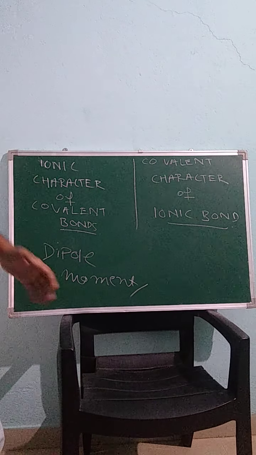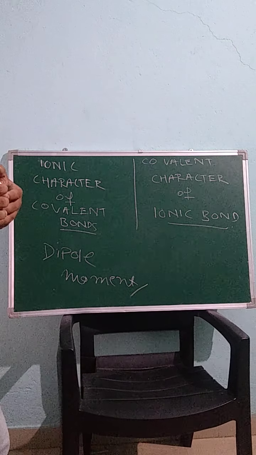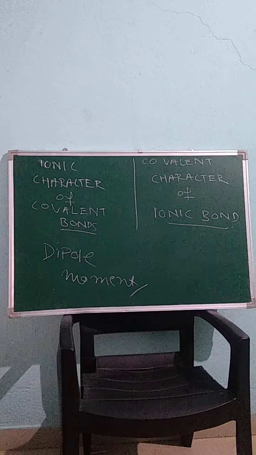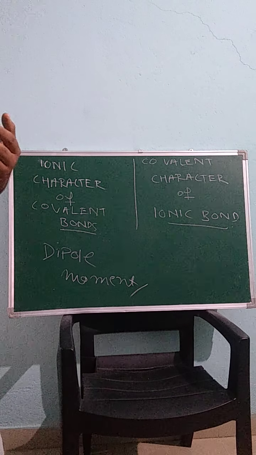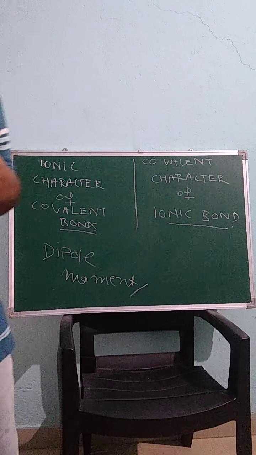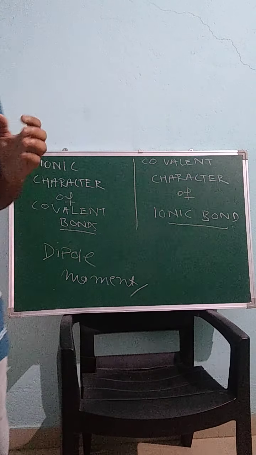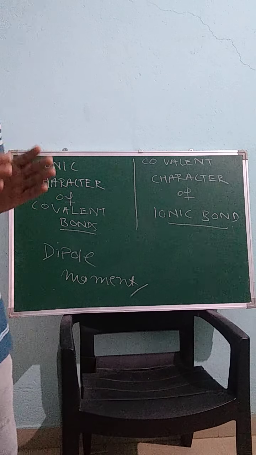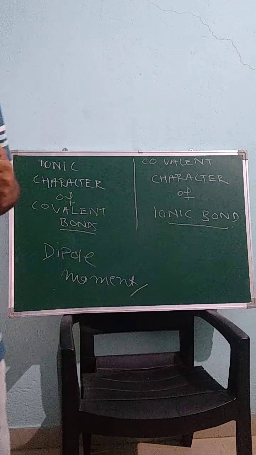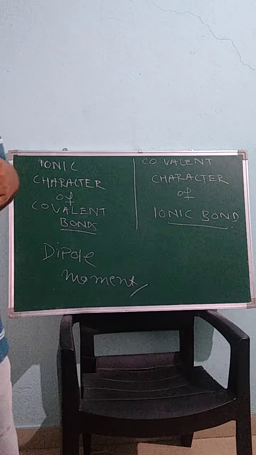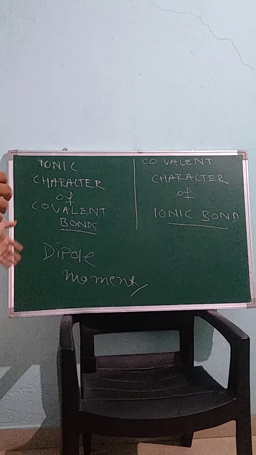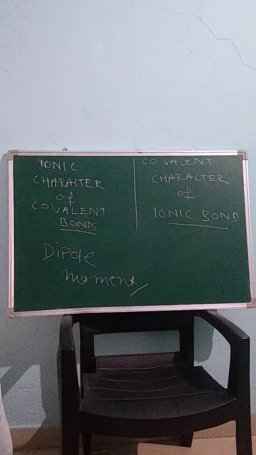So as we have studied, there are some cases where a covalent bond can also have some ionic character. That means one atom can attract the electron cloud towards itself more. In that case, the electron is not exactly in between both the atoms, but is nearer to a certain atom. So that is the ionic character of a covalent bond, and it is defined as dipole moment or bond polarity.